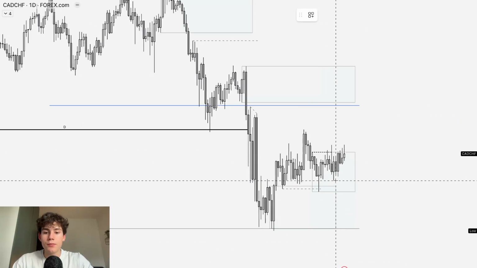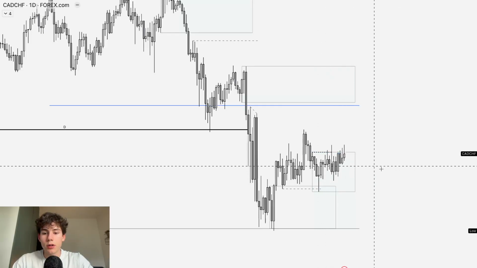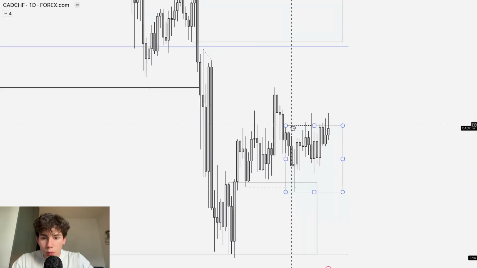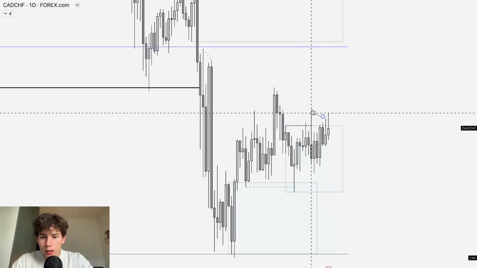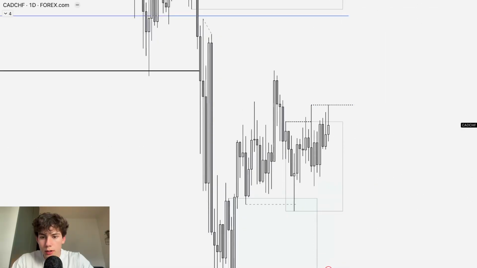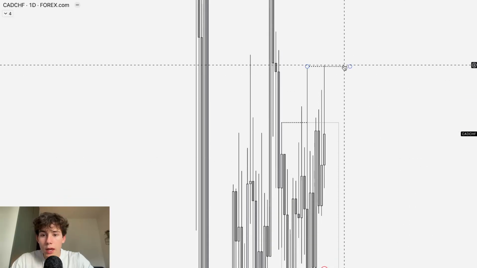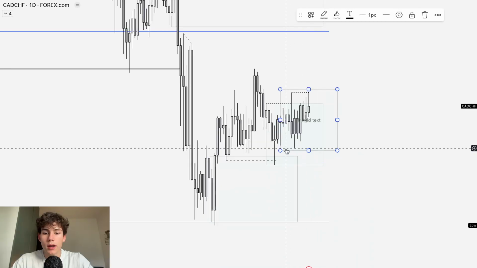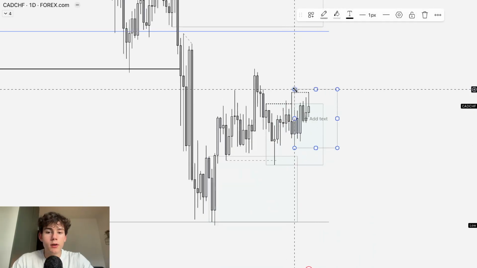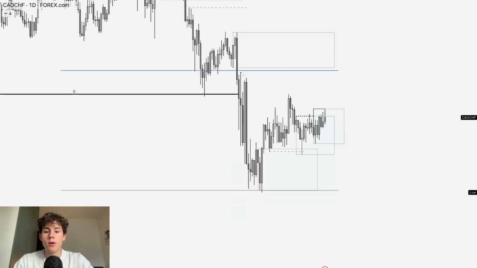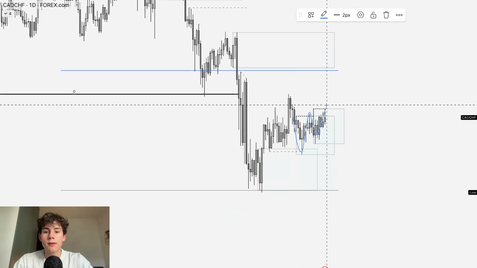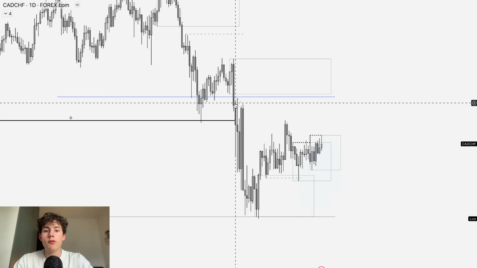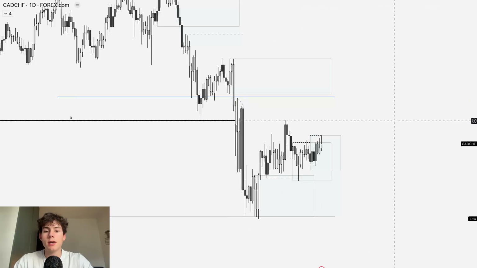And as you can see, we also have a daily fractal break over here. And now what I would be waiting on is currently for this daily fractal, or wait, this was a fractal low. Yeah, this daily fractal to be broken. Let's see if we broke that daily fractal. We actually did. So we already created a new demand zone right over here. So I'm already looking for those long setups because we now have that double fractal break in towards the upside, which gives us enough confirmation that we could trade towards this liquidity.